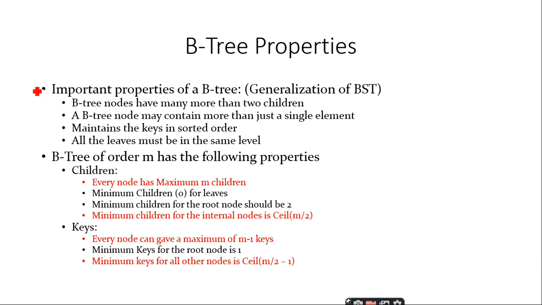So we will move to the other part of these B tree properties. Some of the properties we have already discussed, right? As I told, this is the generalization of the binary search tree, and the B tree nodes can have many more than 2 children, right? It's not mandatory that it consists of only 2 children, right? So if you take the